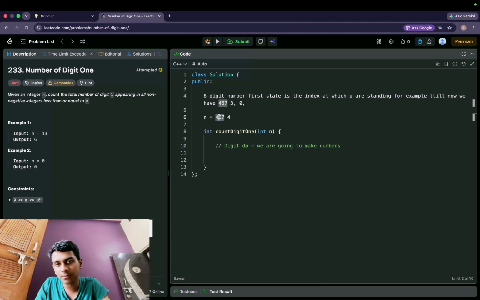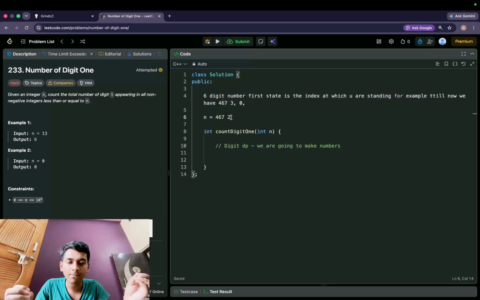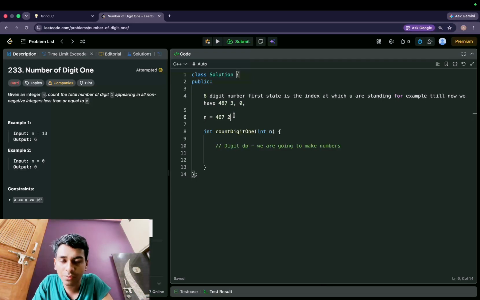So until and unless you choose a digit that is not the same as the n value, your tight is equal to 1. And if you choose a smaller number, for example I choose 2, then my tight value will be 0. Initially we will pass the tight value as 1, so basically we are assuming our number that is getting formed is the same as n. But as soon as you choose a smaller number, now you have the right to choose any number. Since I have chosen 2, now I can choose 9 or 8, any number, because I have chosen a smaller prefix. Because the first place was 4 and I chose 2, now I can choose 8, 9, whatsoever. Okay, so this was the third state.